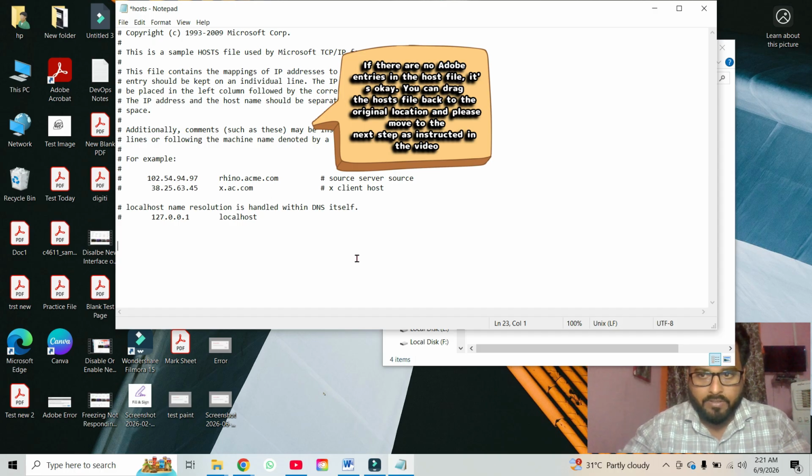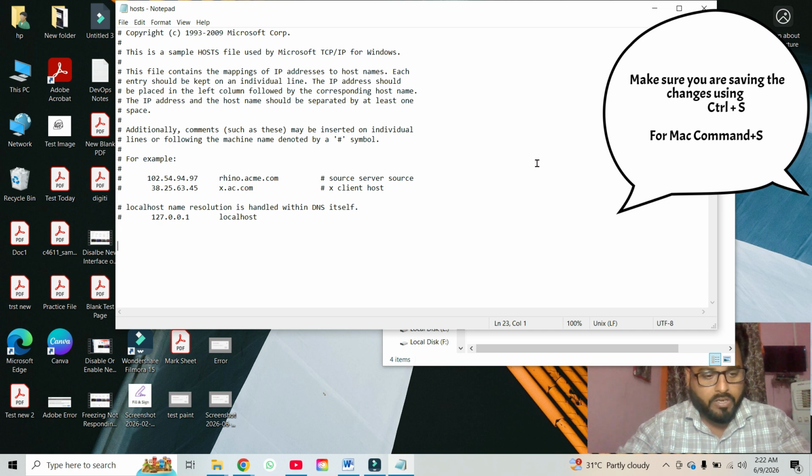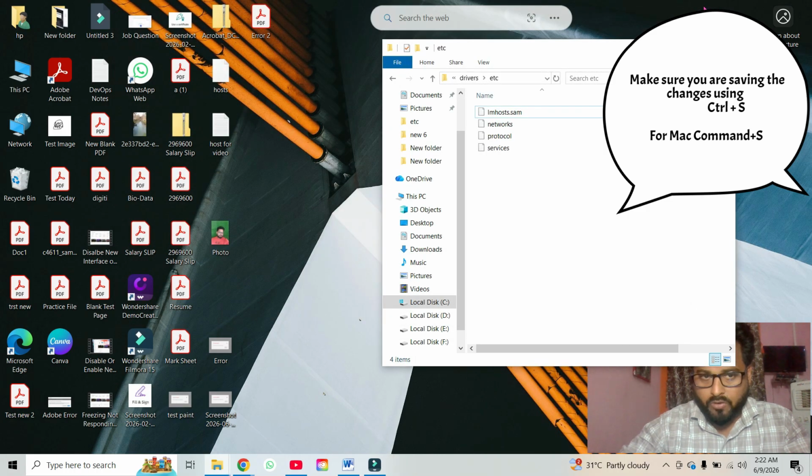Now the host file is clear. We have reset the host file. In order to save the changes, you just have to press Control S, so that whatever changes we have made will be saved in the host file. Now exit out from the window,